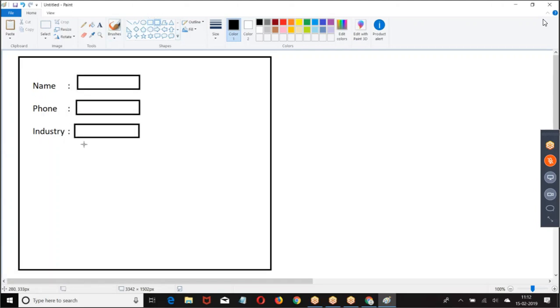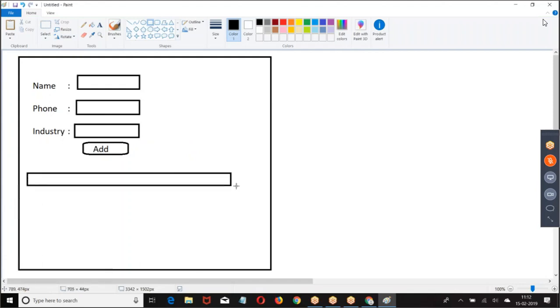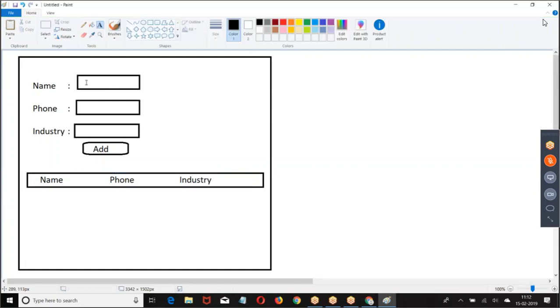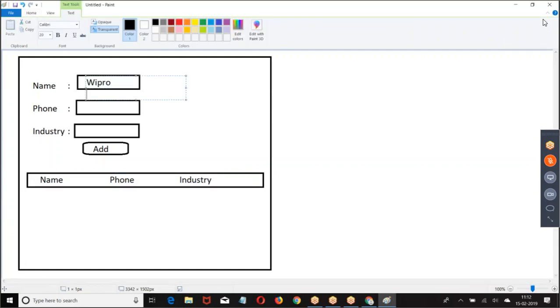I am going to enter the data and click on add, then display the data at the bottom, adding it to the list. When I enter Wipro, banking, and click on add, that record is added to the list.